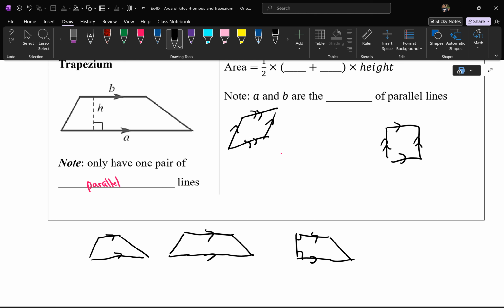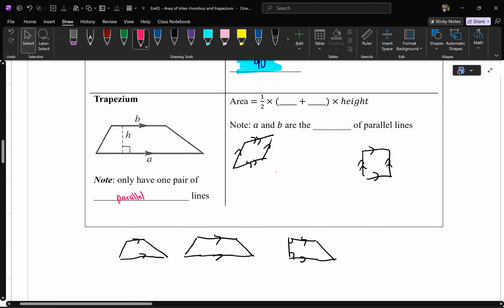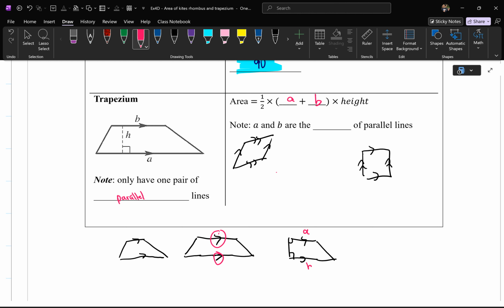So I actually had my year 11s just ask me just last session, what's the formula for a trapezium? And they forgot because they obviously have memorized it but not understood where it came from. The two parallel lines are your A and B. Okay, so A plus B is referring to the two parallel lines. So A and B are parallel. Sum them together and you times by the 90 degrees. So notice again, it's always two dimensions. Area has to be 90 degrees with each other. Times by the height. So half times A plus B times height is the shortcut to finding the area of